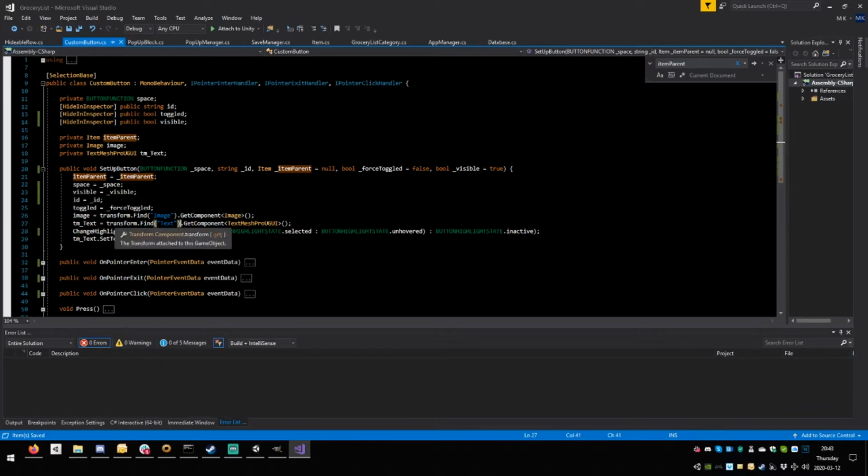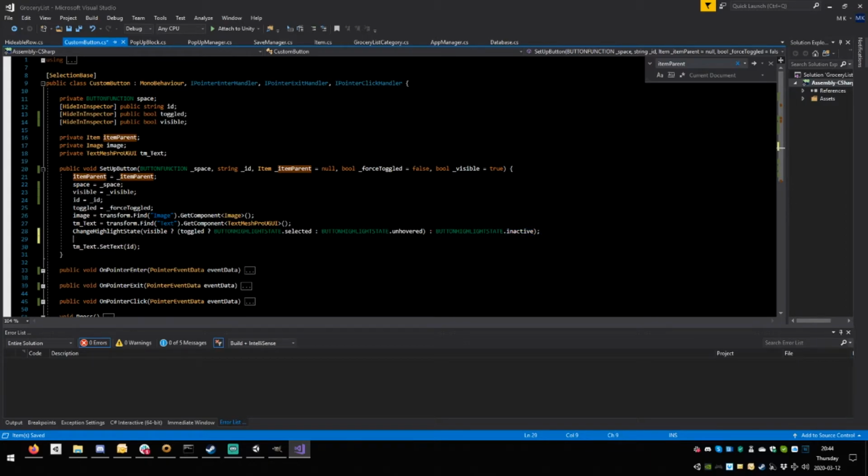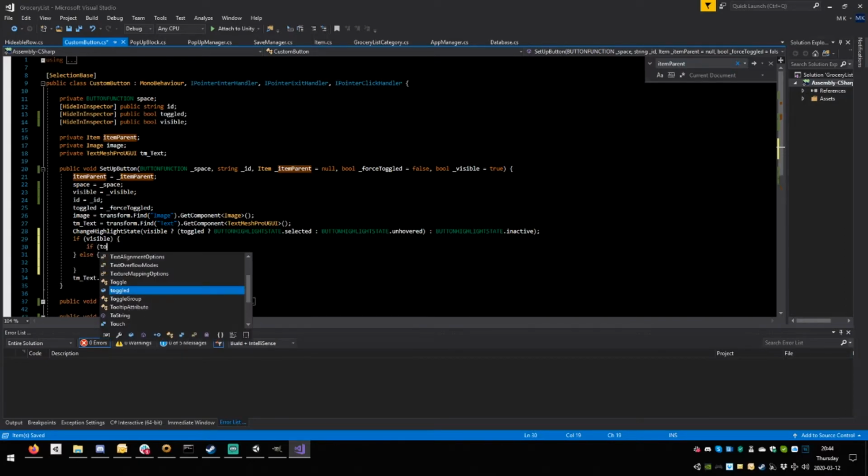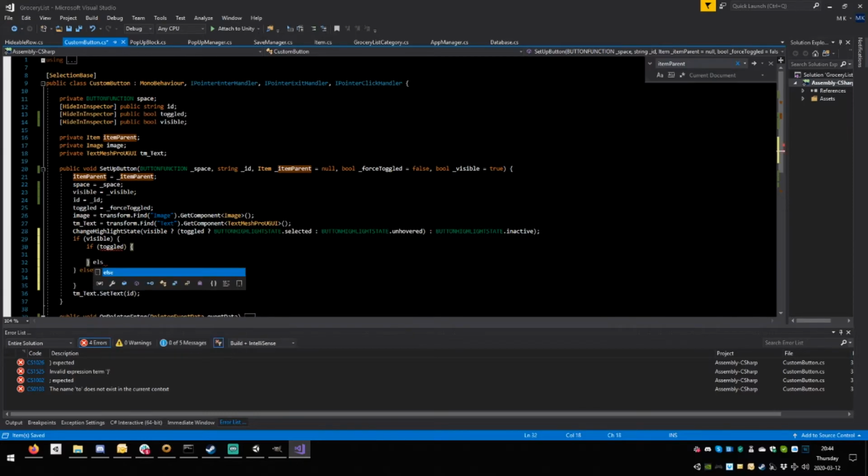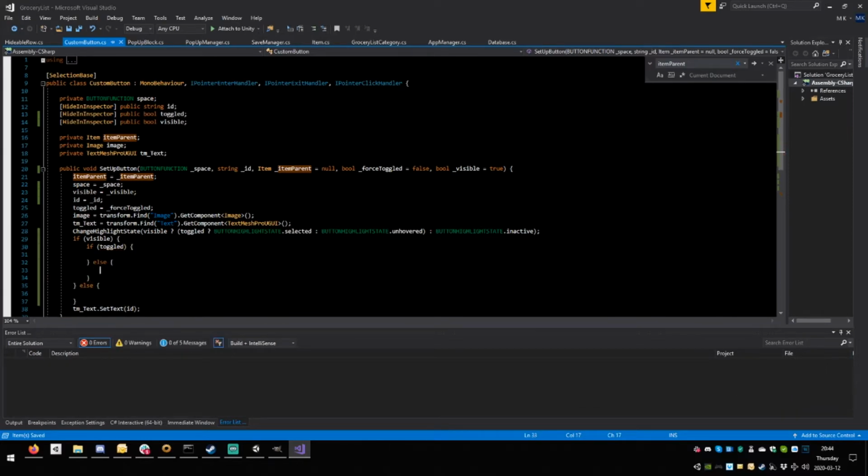So what does this mean? It means if it's visible, check. If it's toggled, select it. Otherwise, unhovered. If it's not visible, then inactive. Make it inactive, which means it will be hidden. Just to give you an idea of how this would look if you spelled it out. Alright? I want to show you the entire thing. If visible. Else. If toggled. Else. Then you would have